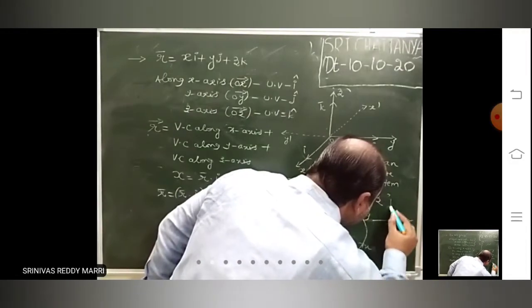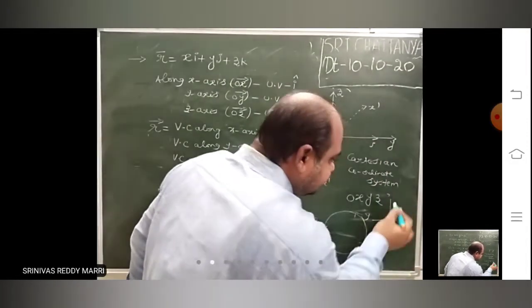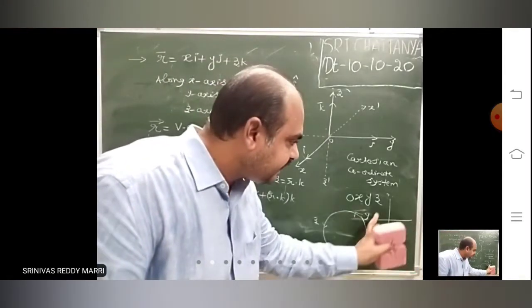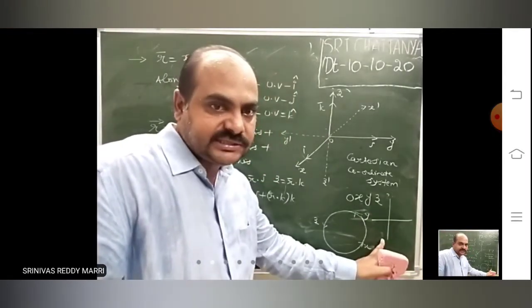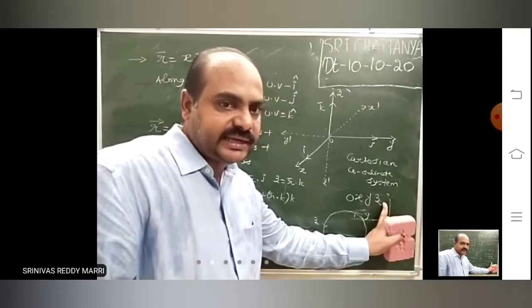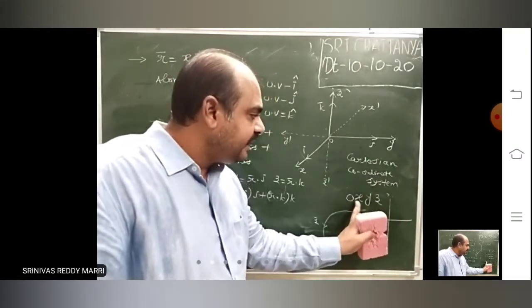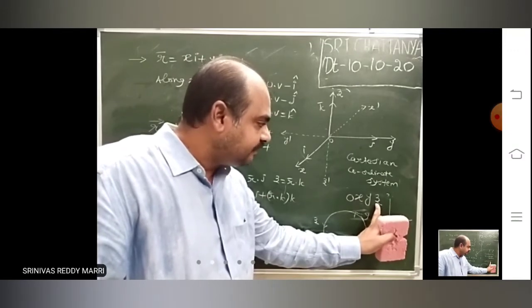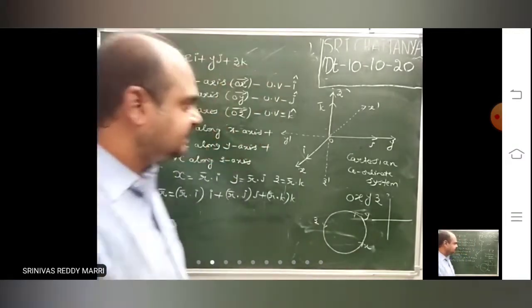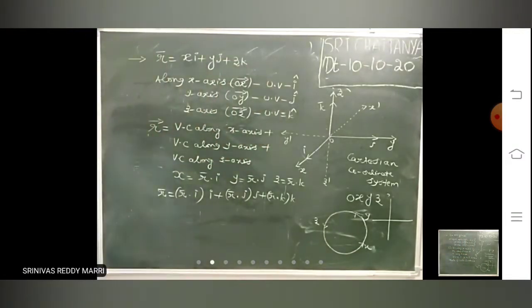Always we will write the xy plane like this. This is x, this is y. X to y is what? Anti-clockwise. We can take this as the y axis, this as the z axis. One standard notation will be followed: x to y will be in the anti-clockwise direction. Similarly, OXYZ is called a coordinate system. So x to y, y to z, z to x. This is called the standard coordinate system.